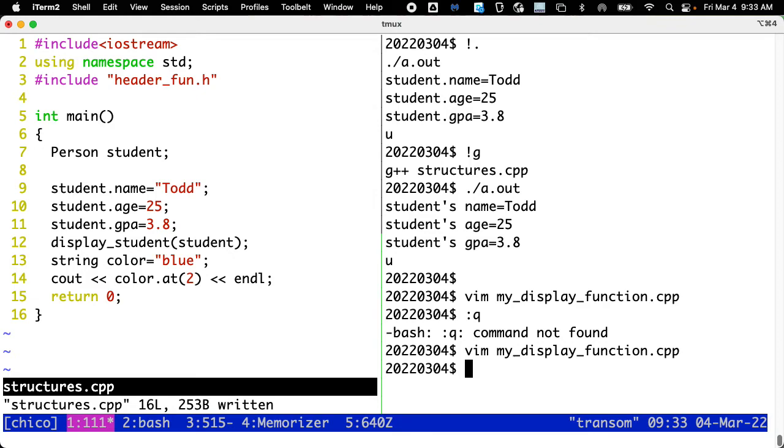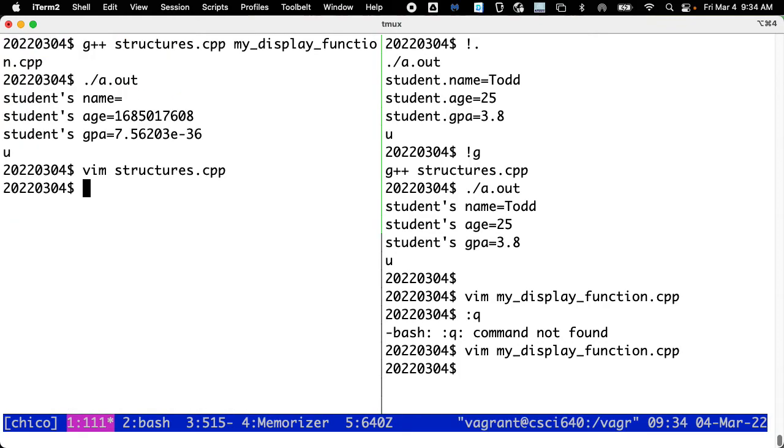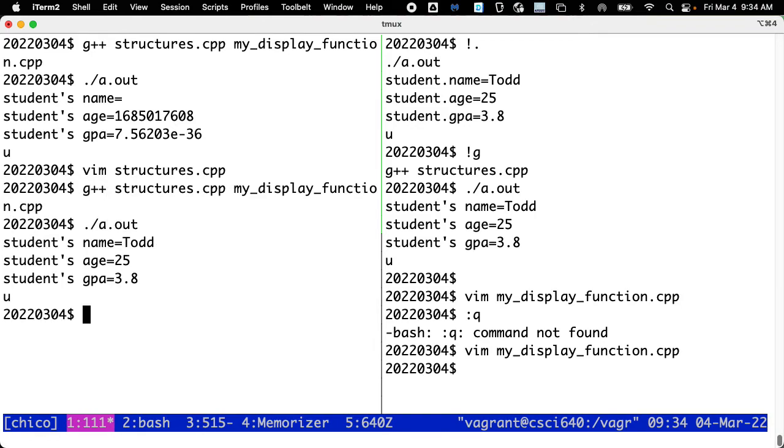And now, when I quit out, let's find my original, and there we go. So that's the reason we have header files, is it makes our life easier when we